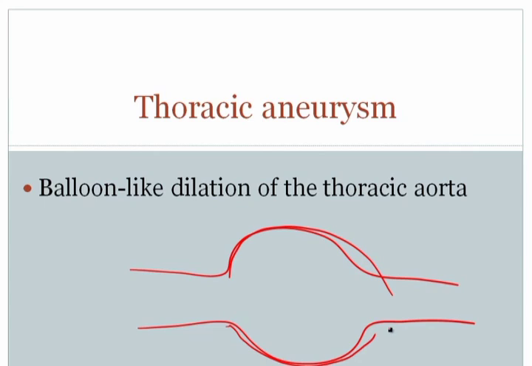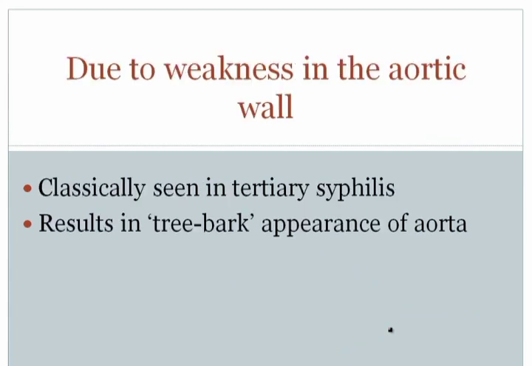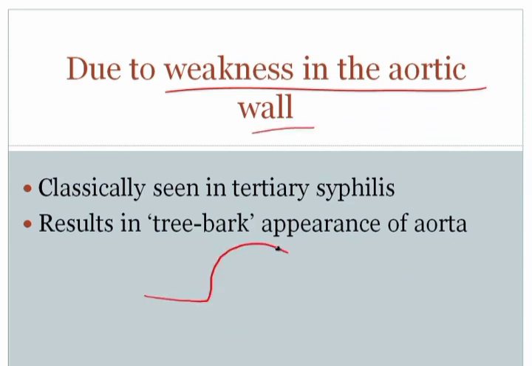That's point number one. Now, aneurysms can occur in classically two places. You can get it in the thorax and you can get it in the abdomen. So you can have a thoracic aneurysm or you can have an abdominal aortic aneurysm. Those are the two classic locations in the large blood vessels. Now, what you need to know in order to understand how these might occur is that the only way you're going to get an aneurysm is you need weakness in the aorta wall. You must have weakness in the wall. It's the weakness in the wall that allows this balloon-like dilatation to form.